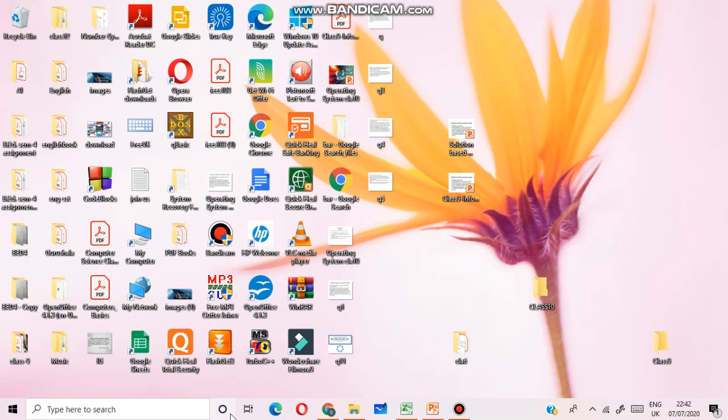Every file must have a name. If there is no name given to a file, it will be difficult to find it. When you save a file, you must select the place where you want to save it and give a suitable name to it. In your computers, you will also find an icon, a small picture associated with each file that you save. Here you can see different icons.